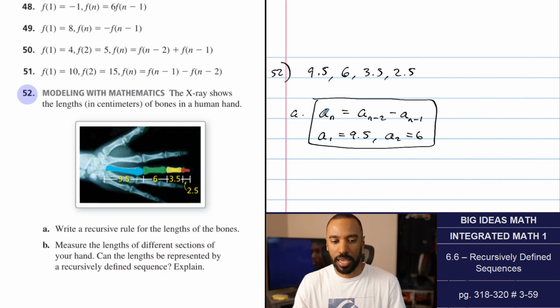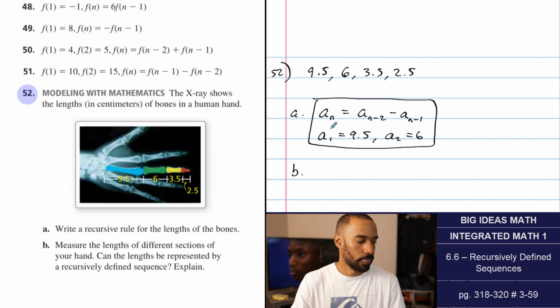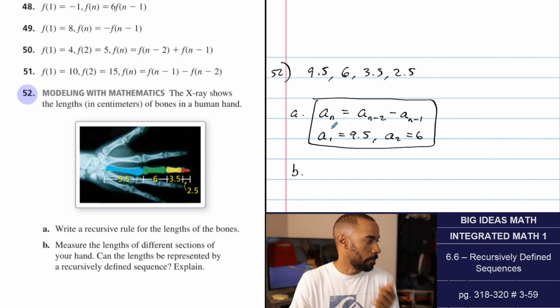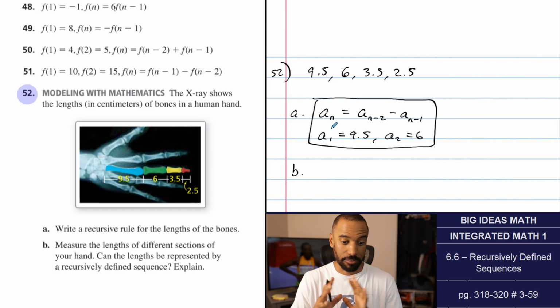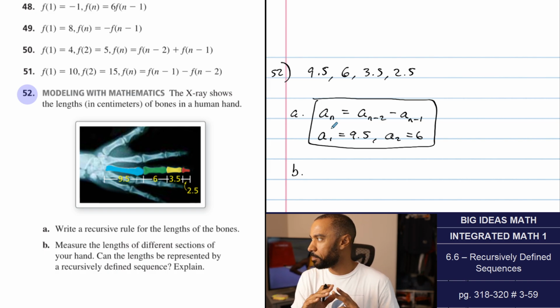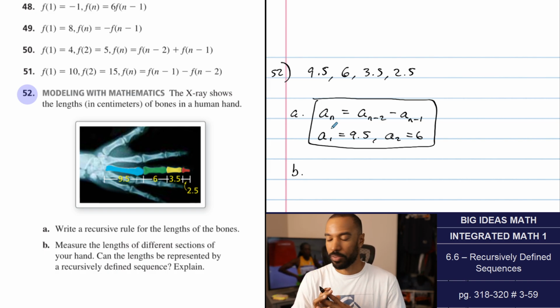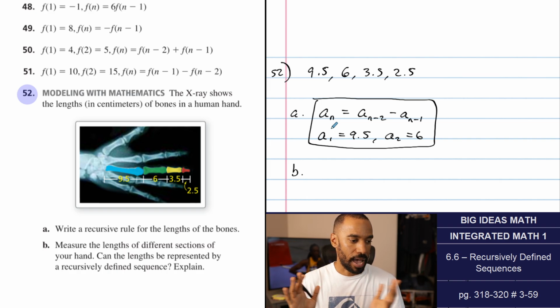Part B, measure the lengths of different sections of your hand. Can the lengths be represented by a recursively defined sequence? Explain. I don't have a ruler on me. I might have to skip this problem, guys. I'm looking around. I have a lot of stuff on my desk. I have like 100 rulers in my classroom. I don't have